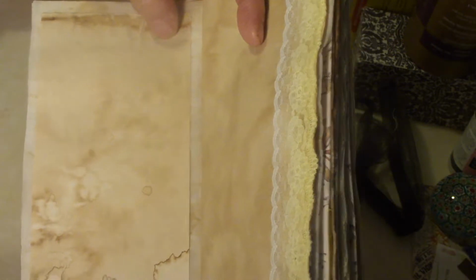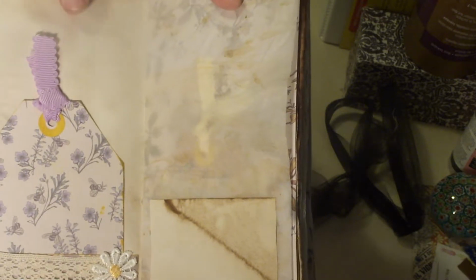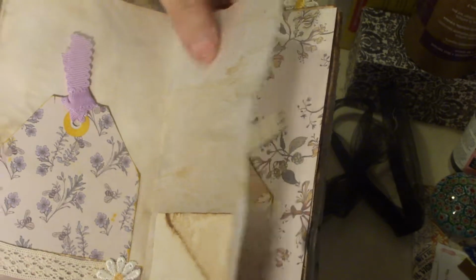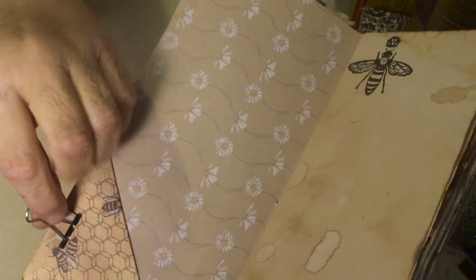There's another piece of the parchment with coffee dyed paper attached. Some yellow lace. Yeah, it's actually yellow and white lace. Pocket with some of the lace that came with those ribbons that came with the collection. A little daisy. Another little journaling spot. You could glue almost anything up here. And so this paper can be hard to write on, so I tried to give options. A glassine bag with a tag, and an altered bulldog clip or binder clip that holds down this flip